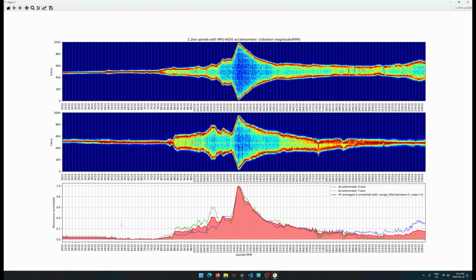Starting out by working with this bottom graph here, some of these things didn't make much sense. Like for instance, why on the very lowest RPMs was it showing a value, but then it was dipping down and such, and some of the noise over here, like why was it happening over there? But it becomes more apparent when you look at the raw values, because up until around 8,000 RPM,